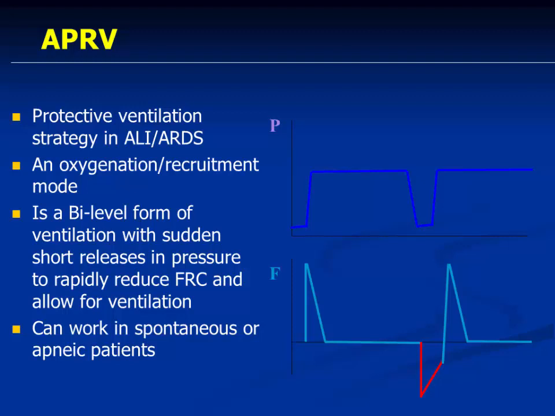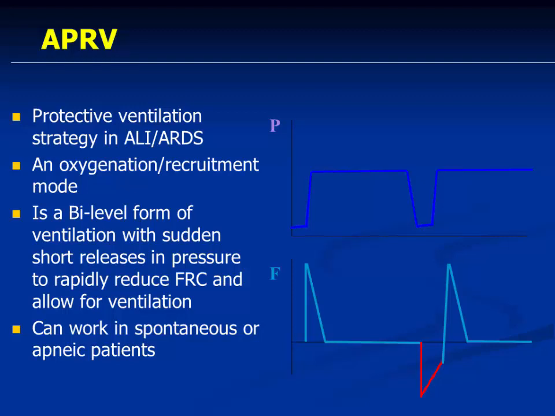So what is happening? Try to understand here. This is the P low, this is the P high. But try to see here, the high time is too long. So the air is being pushed into the lungs and it is kept there. And then there is a very small period of release. So here the pressure is being released. So expiration is taking place during this release phase. Okay.